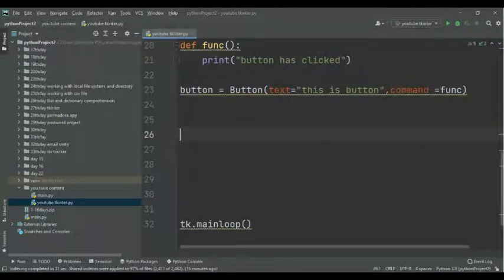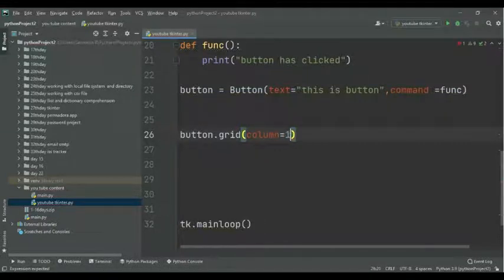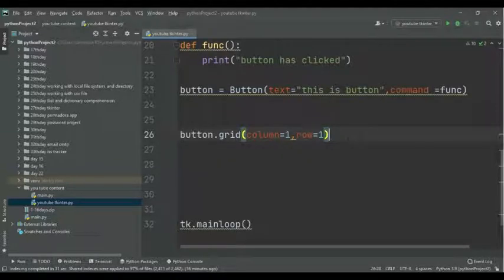We should give a layout manager, dot grid, with some grid values like column equal to 1 and row equal to 1. Without a layout manager we cannot see a button.